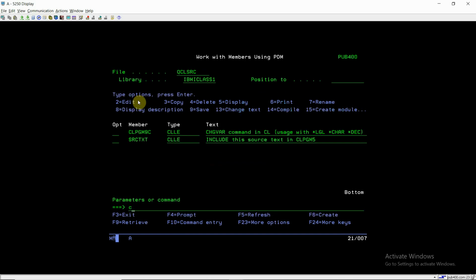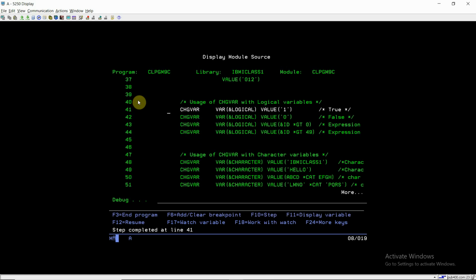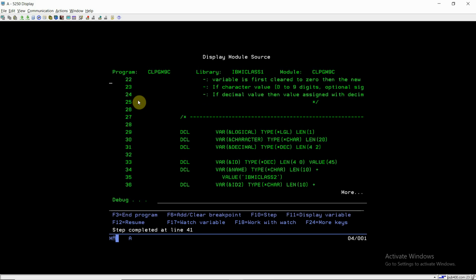Now we will call the program, call CLPGM 9C. Press enter. Now the program execution is at the first line, which is the PGM command. Now we can just go above.